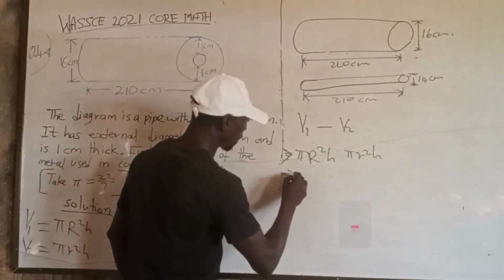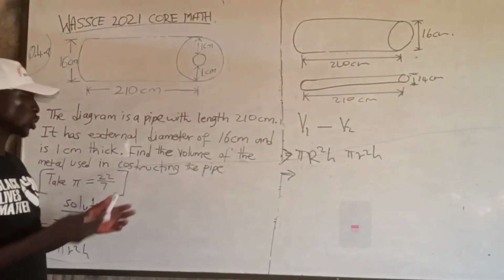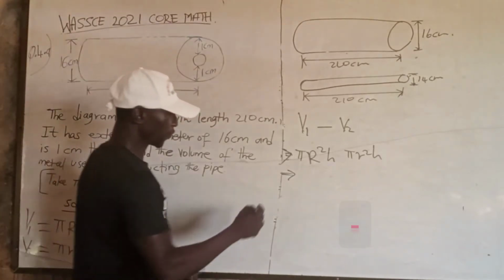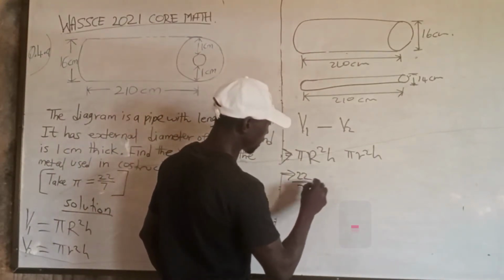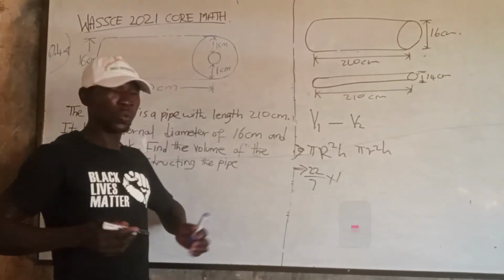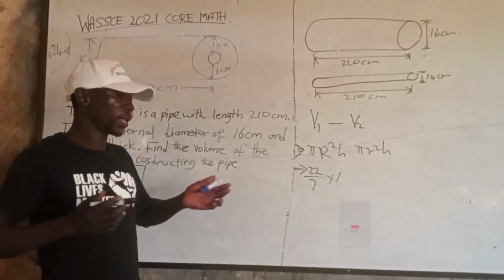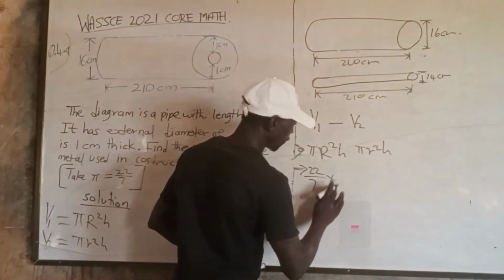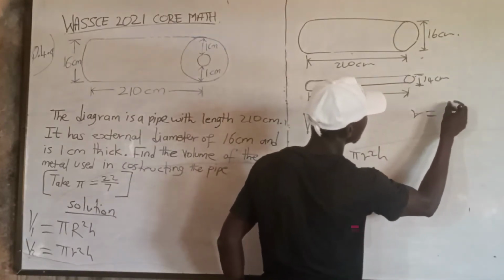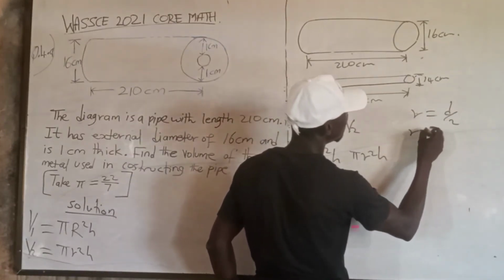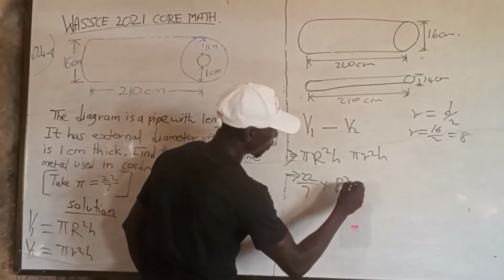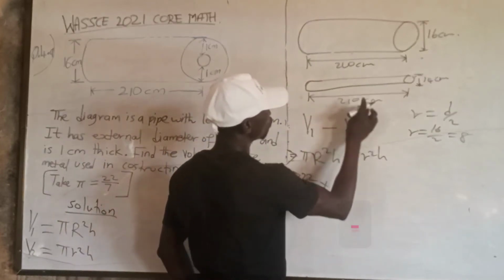So we go down with the substitution. We are asked to substitute pi with 22/7. So we have 22/7 times 16, which is the diameter. When we divide the diameter by 2, we get the radius. So the radius equals d/2, and d is 16, so 16/2 will give us 8. So we have 8 squared times h, which is 210